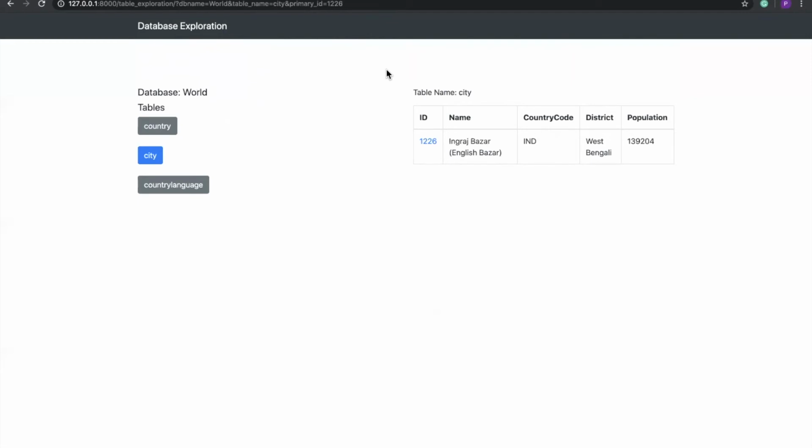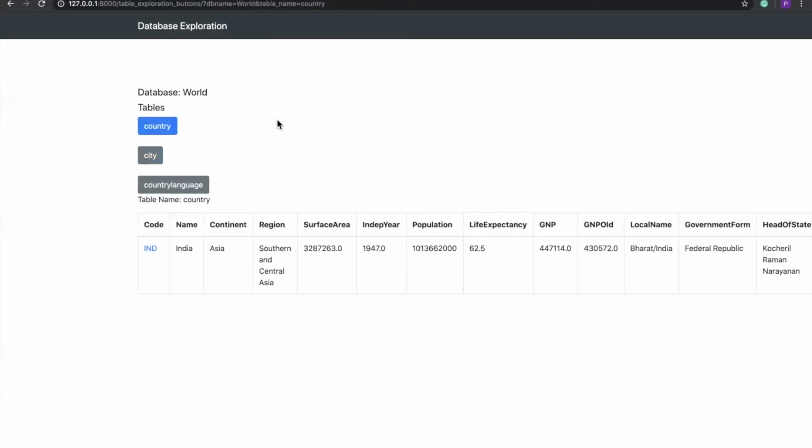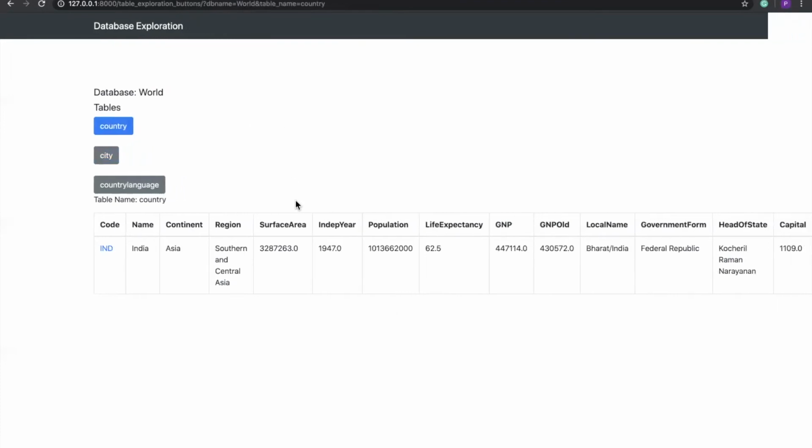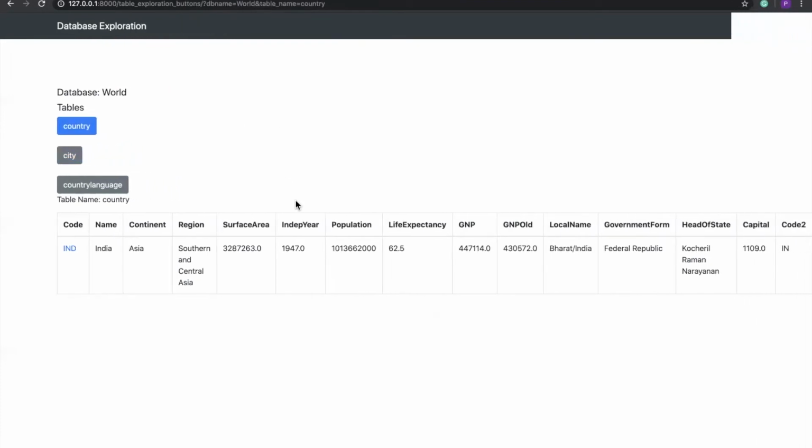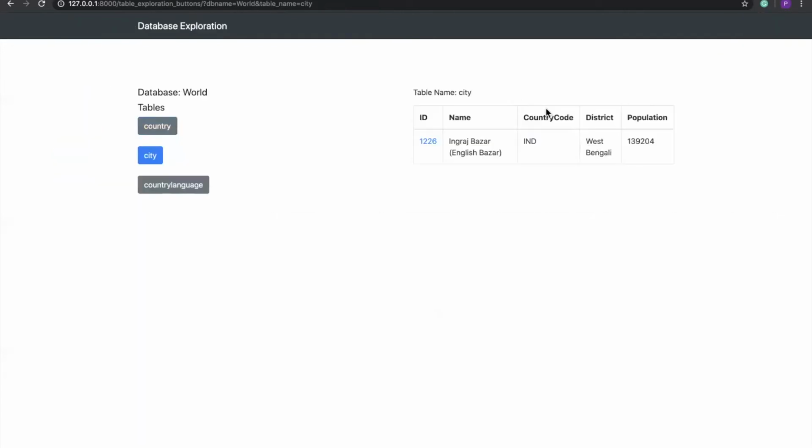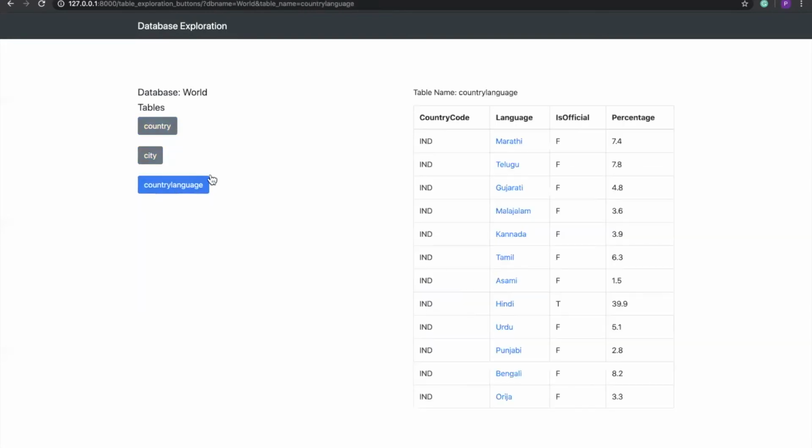If we go to any other table, let us say the country table, based on the city which used to speak English, we have India over there, because India was in the country code. And if you go to country language, over there we have all the languages which are spoken in India.